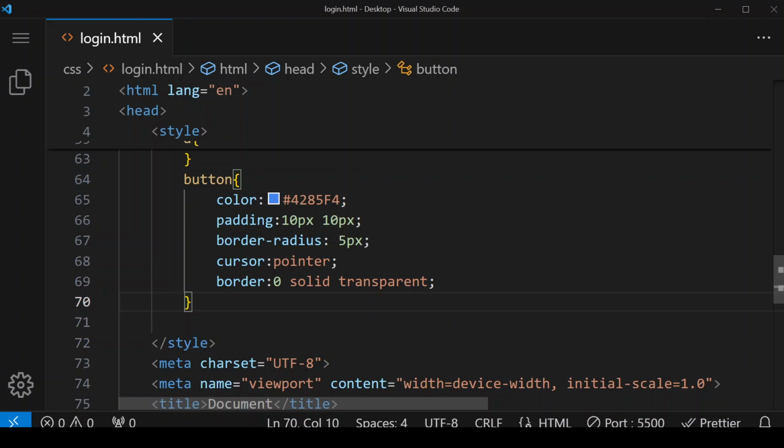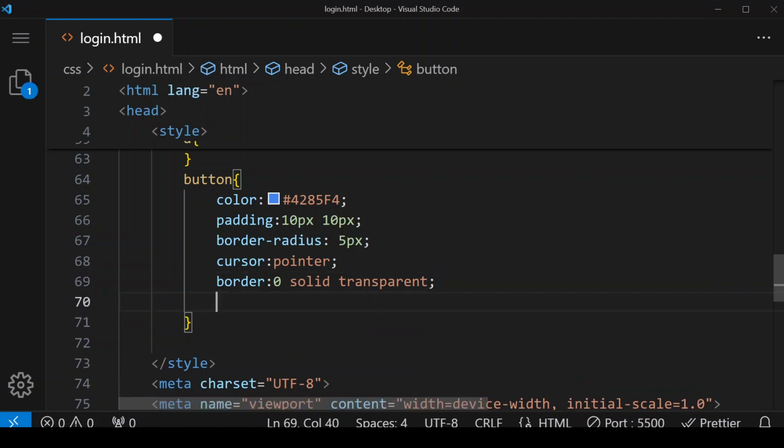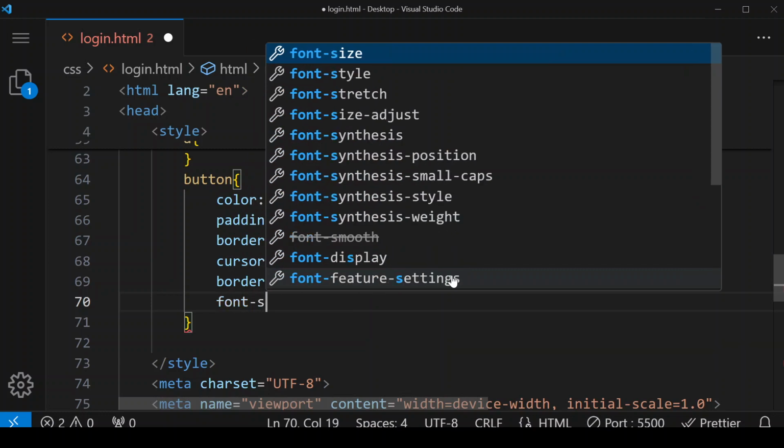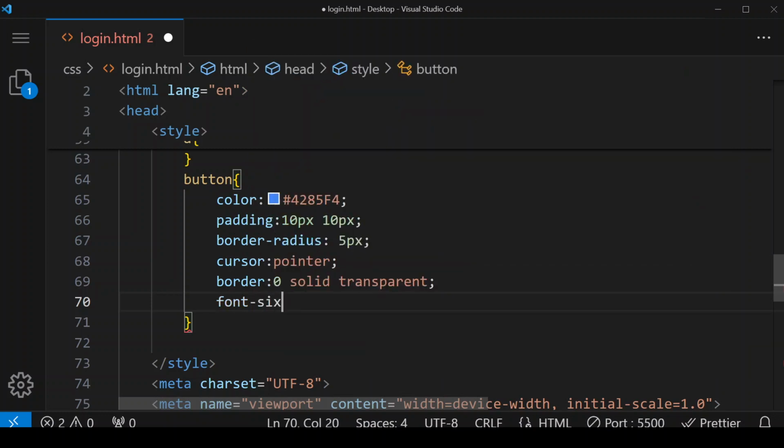Some more things we need to do in this button, like we have to change the font size also. Font size of the text above the button, we want it to be 15 pixel,